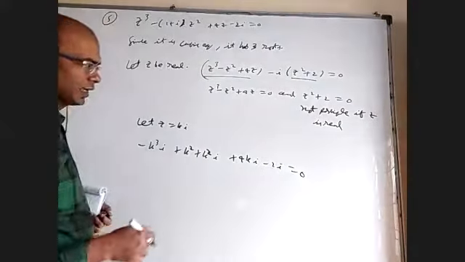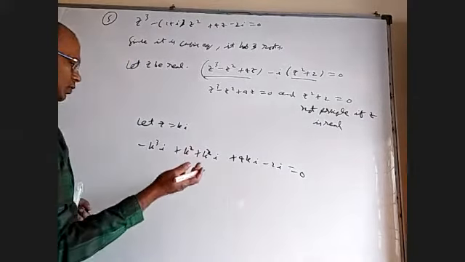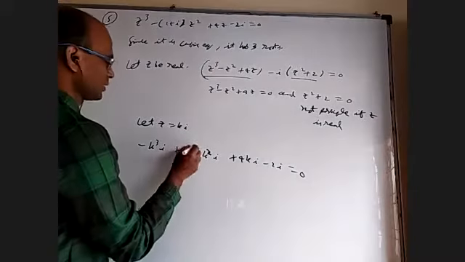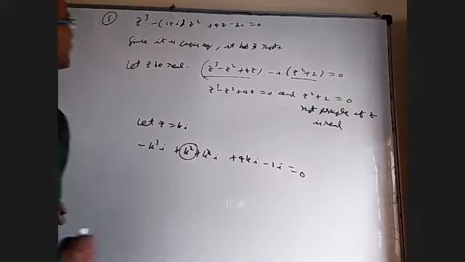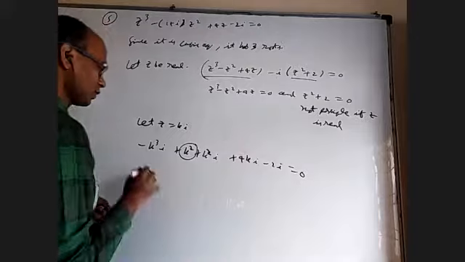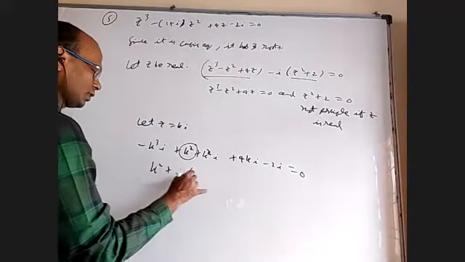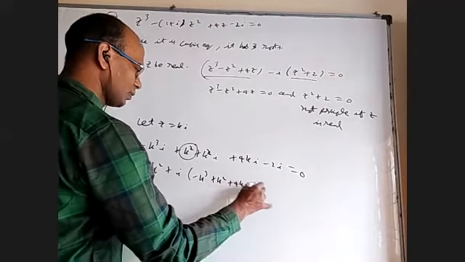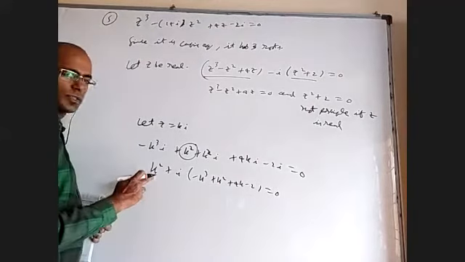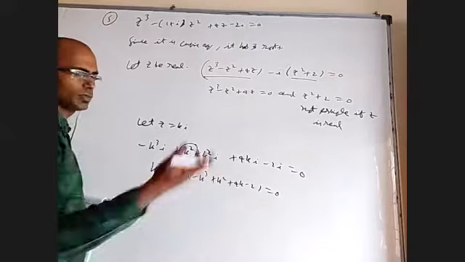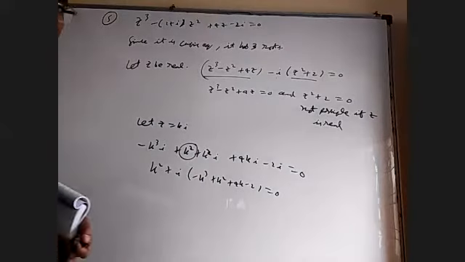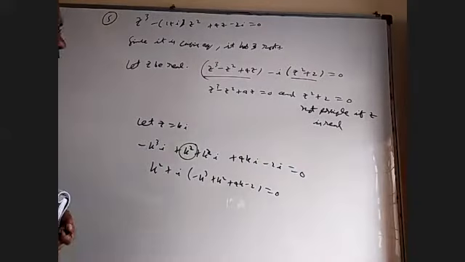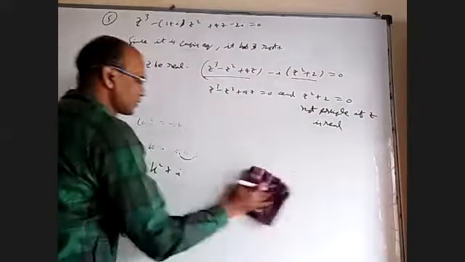Now when I separate real and imaginary parts, real only one number is there. Only k square is real, nothing else. Everything else is imaginary. Okay, so I'll get k square plus i common, minus k cube plus k square plus 4k minus 2, equal to 0. For this to be 0, k should be 0, but this can't be 0 there. So purely imaginary roots are also not there. So there's no pure real root, no pure imaginary roots. All are complex numbers which have some real part and some imaginary part.